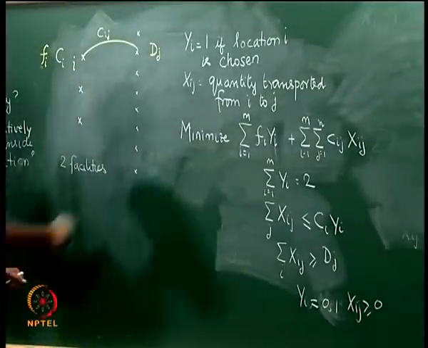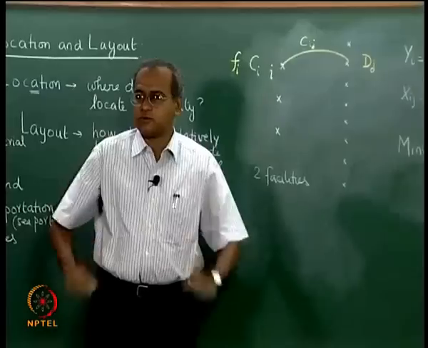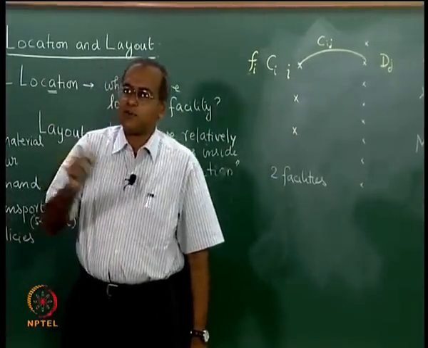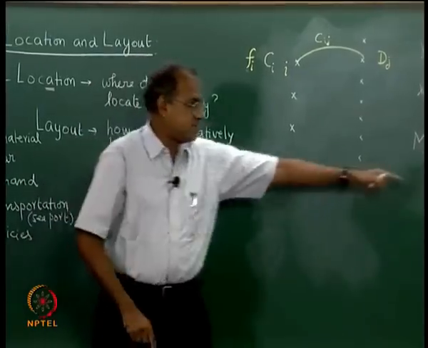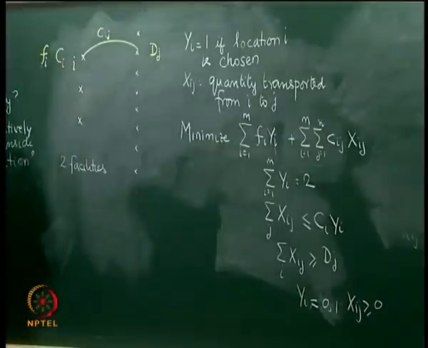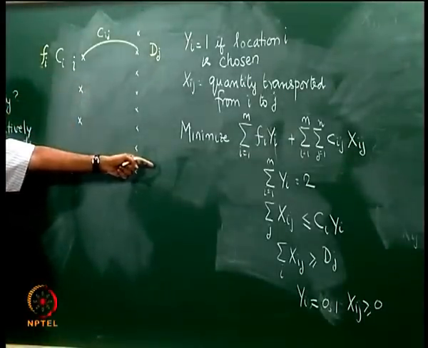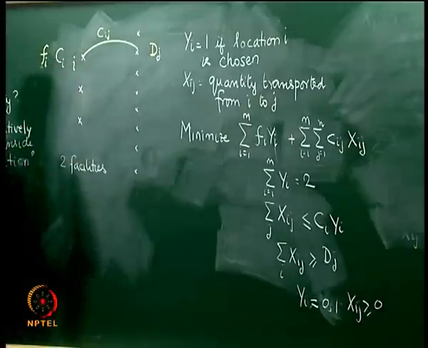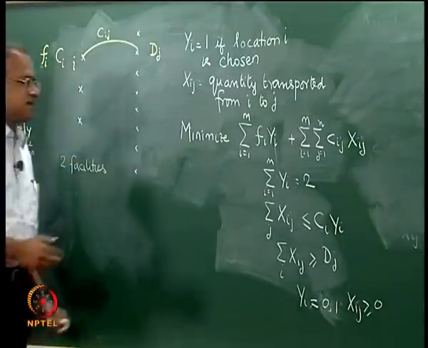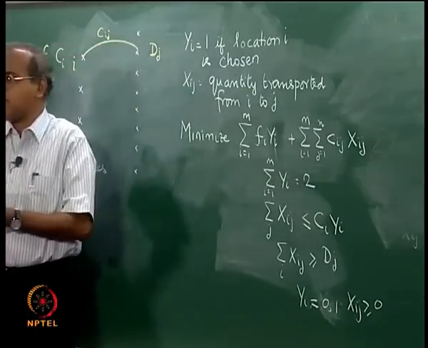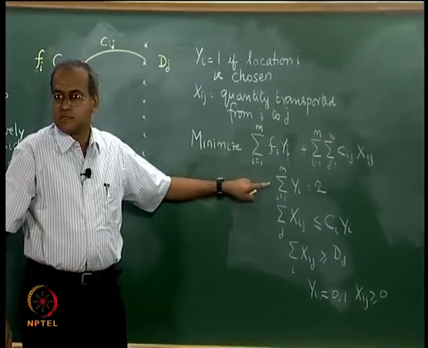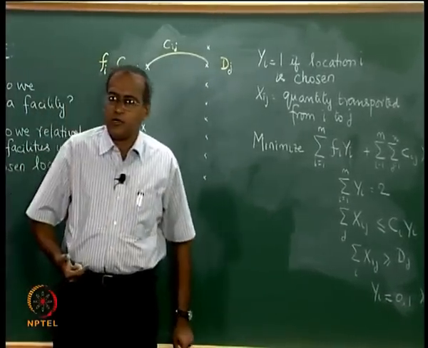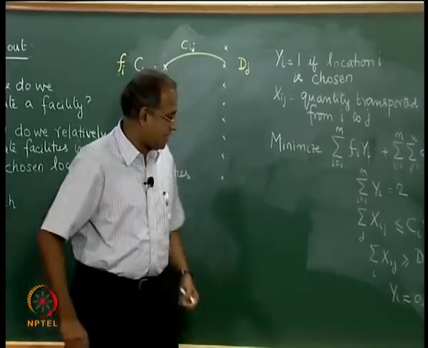For example, if sum of all these demands let us say is 10,000 and let us say the capacities are 4,000 in each. So automatically we need to locate in all the 3 places. If we put a restriction that we need only 2, then it will become infeasible because the capacities will not be able to meet the demands. So unless we are very sure about the capacities as well as the demands, or unless we have some very binding constraints that we do not want more than a certain number, then we do not use this. We use this only when we have some additional restrictions that we want to locate exactly a certain number or we do not want to locate more than a certain number. Otherwise this can be left out